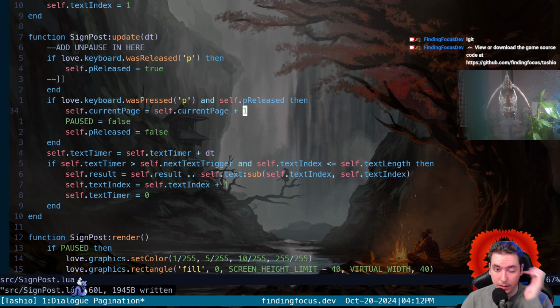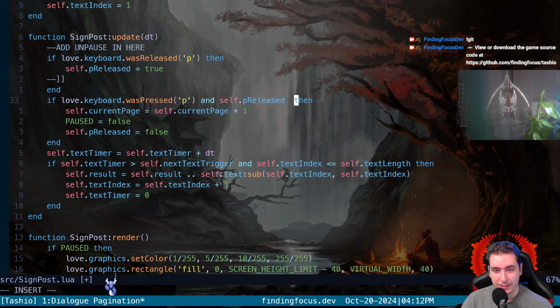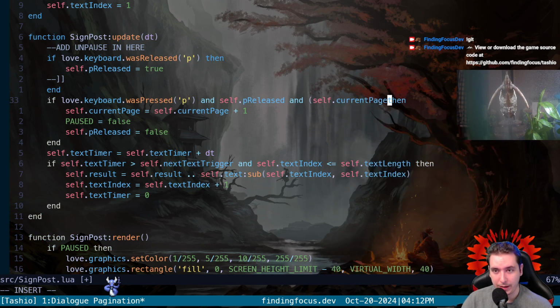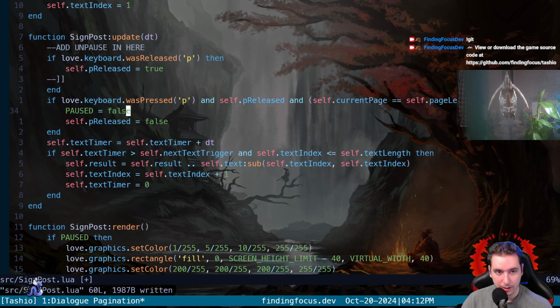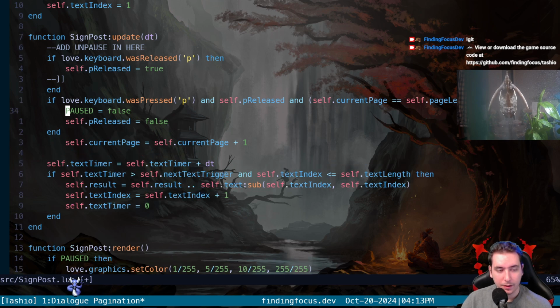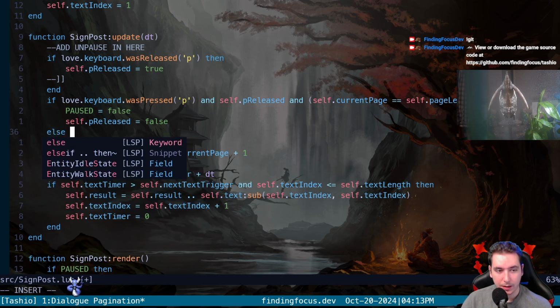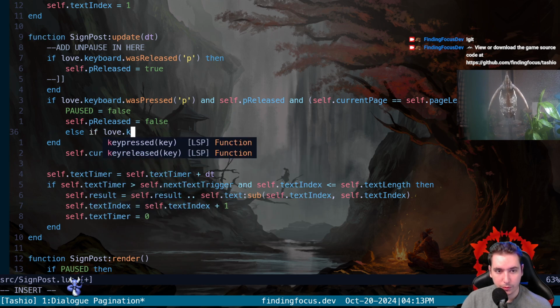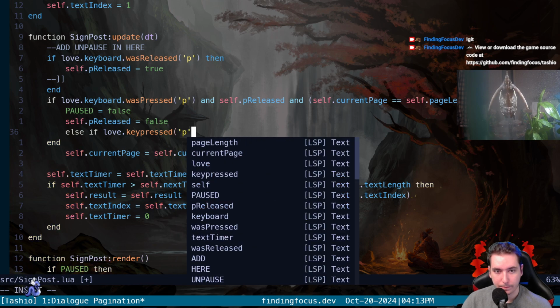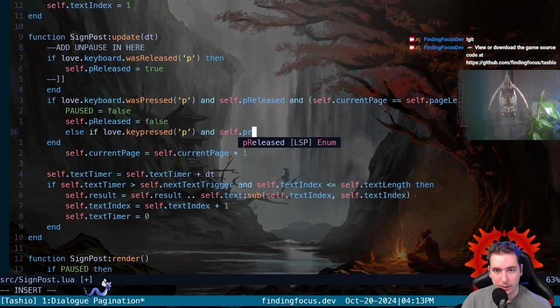Okay, and then P was released, and the current page would have to be equal to the page length. That's the only time we would become unpaused. So we can say, else if our keyboard was pressed, if P was pressed, and our P was released,